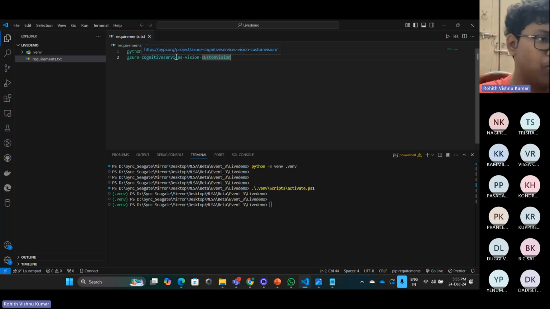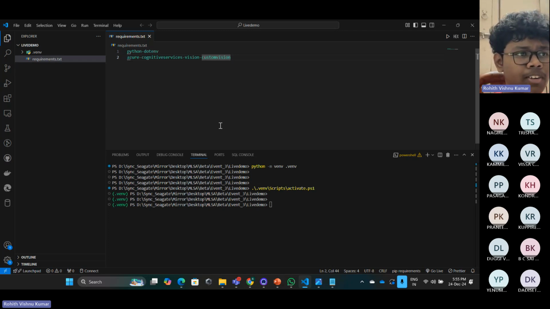I'll explain what exactly both of these are. You know that Azure Cognitive Services is a platform which makes the working of the API, or the link that we provide, easier. It fetches the data from that. It posts the data in a JSON payload to our existing model where we have trained it, and it also fetches the results from that. So for all these things to get processed smoothly, we use the Azure Cognitive Services Vision Custom Vision module. And the .env module is used for